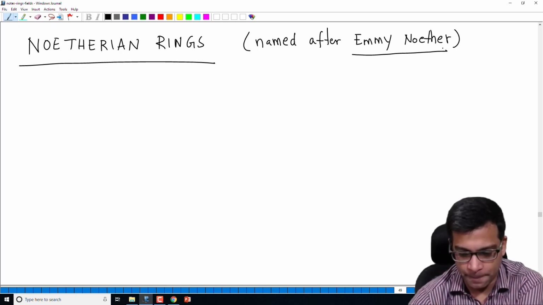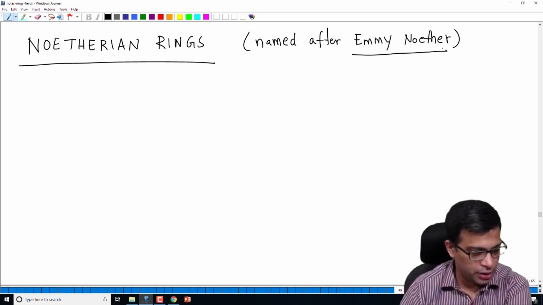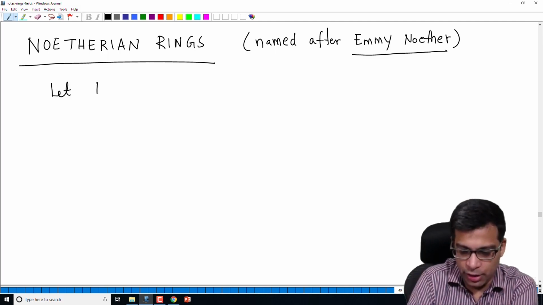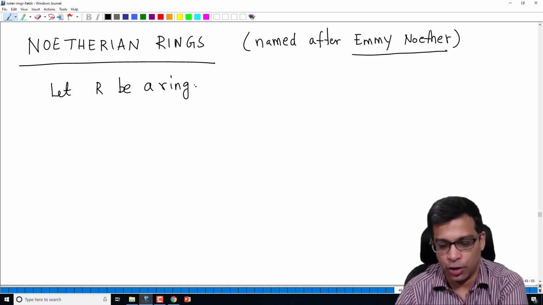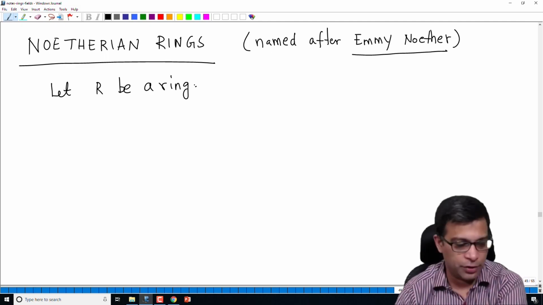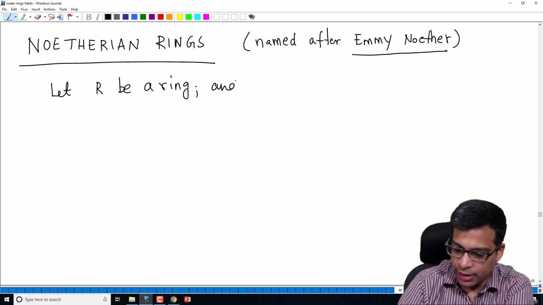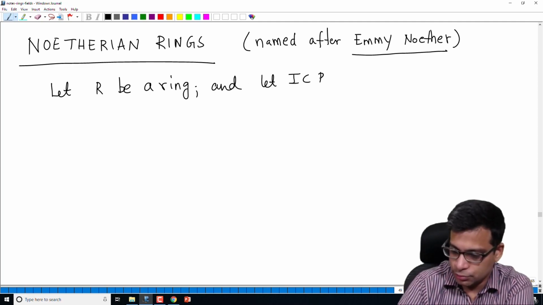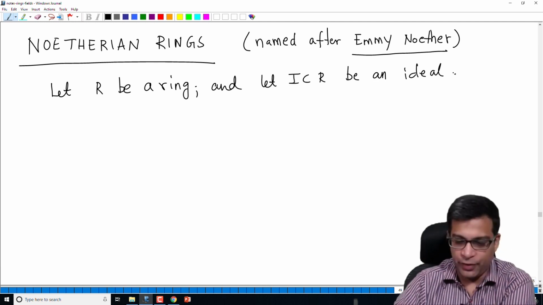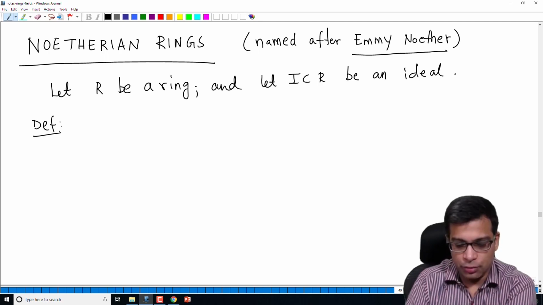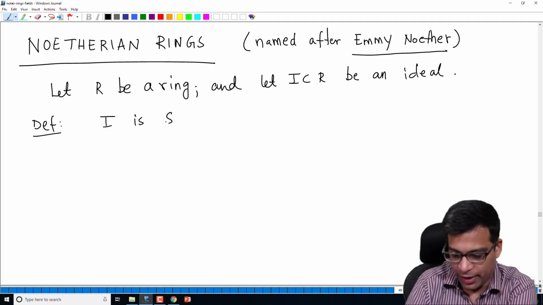This is something that would seem very natural after all these concepts that we have learned. So let's start with an arbitrary ring. It's a good time for me to remind you that whenever I am talking about a ring in this course, I mean a commutative ring with unity, multiplicative identity. So let R be a ring and let I be an ideal of R. First let me define the notion of what it means for an ideal to be finitely generated. I is said to be finitely generated